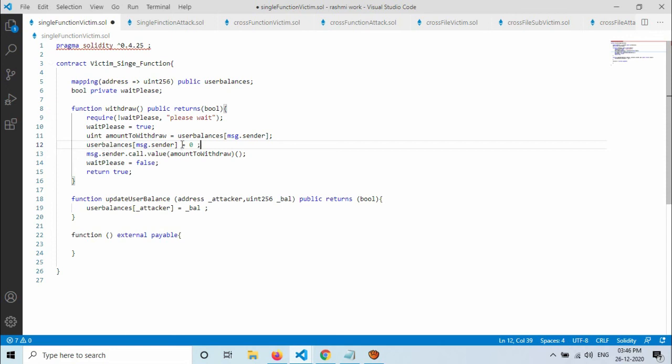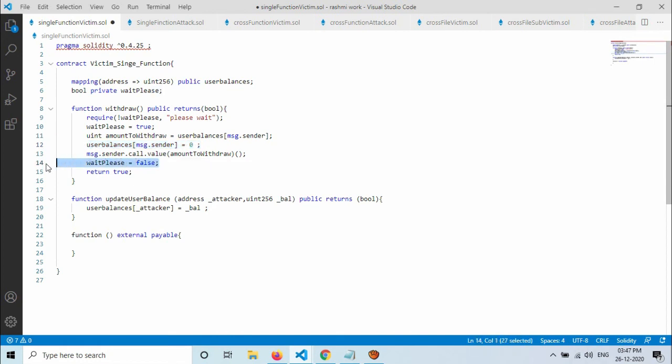And when someone tries to attack this contract, it will set the balance to 0 and then send the required balance to the caller this way. This is one way to stop reentrancy. We should finish all tasks before sending the ether.